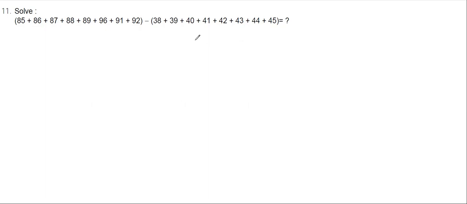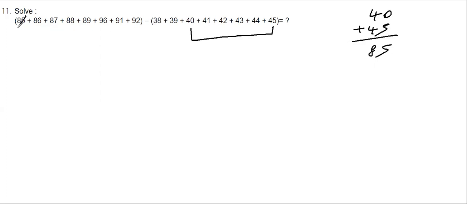So I am going to start with 40 and 43. Okay, then it is 83. 83 is not there. I have to start with 85. So 40 and 45 I have to pick. Okay, 40 plus 45 is 85 and it is minus. So I can easily cancel 85, this 40 and 45. So this part is correct.